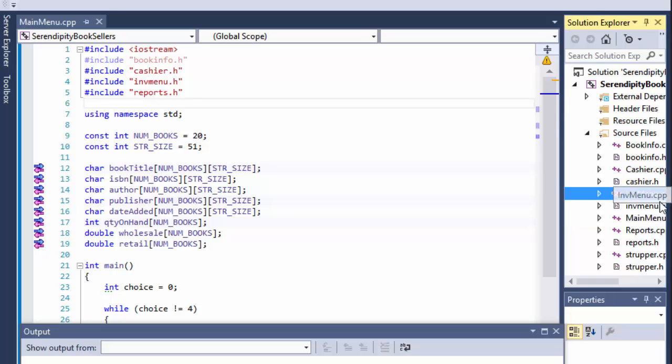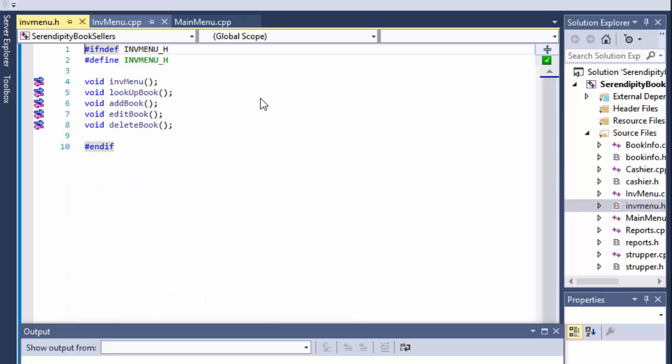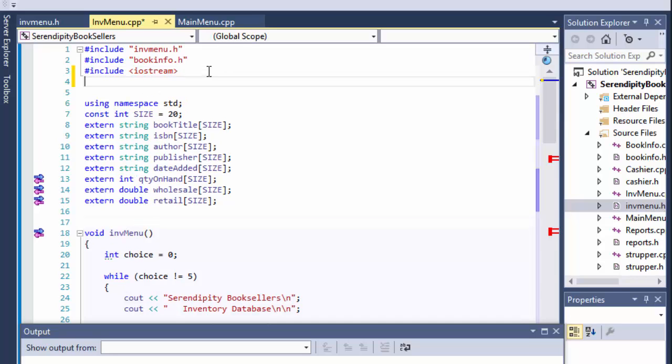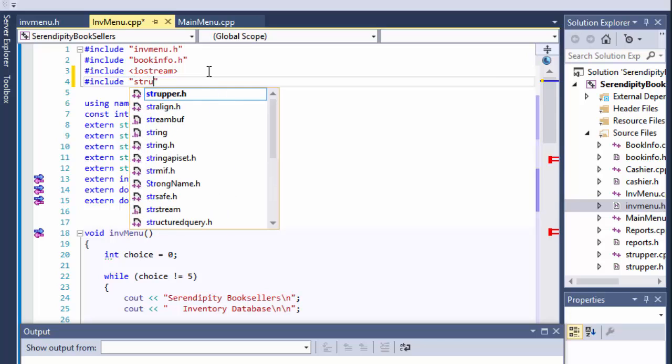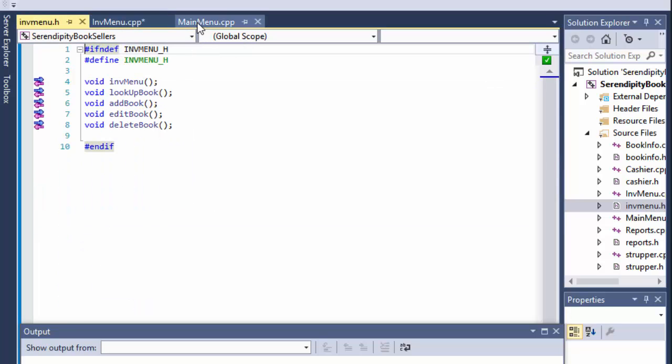So let's open inventory menu and the header too. And okay, now in inventory menu, remember from the description of the problem, we have to convert all the C strings to uppercase for easier search, and so we have to include our string upper header right on the top. And I'm going to copy paste the